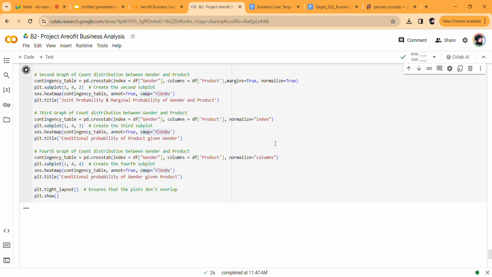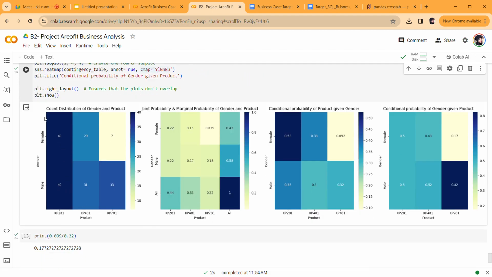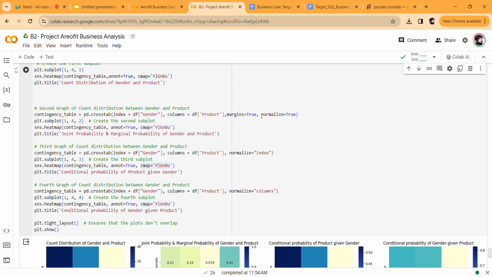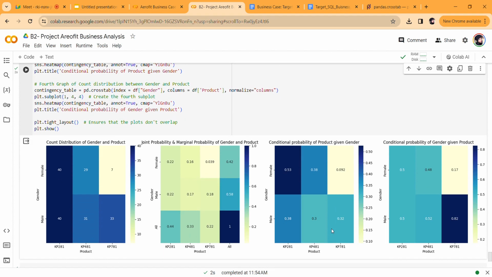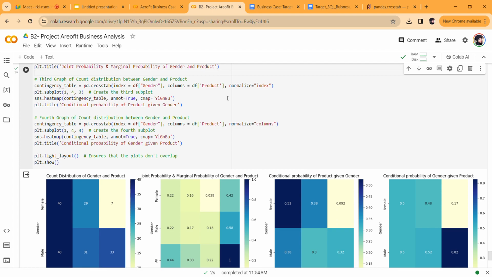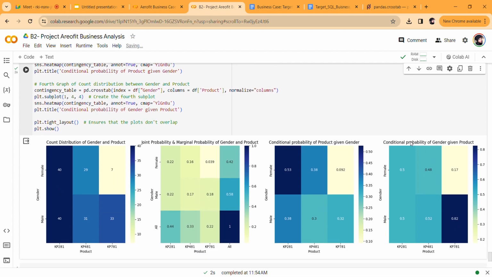So now let's run this particular code, and you are able to see the count distribution of gender on product. We are able to see how many total there are. Now this is the joint probability and marginal probability. We are able to see it because we put normalize as true and margin as true. We are able to see the conditional probability on the basis of given gender. Gender I have passed in index, that is why I have passed index in normalize. And the conditional probability of gender given that it is a product, I have done the normalization on column,